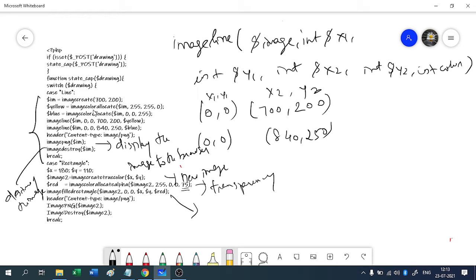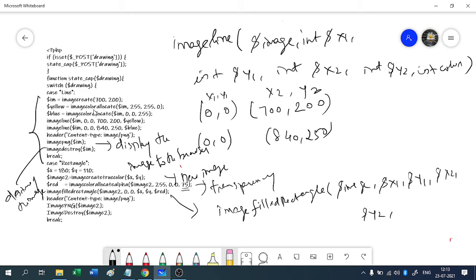The attributes for image filled rectangle are image, then x1, y1, then x2, then y2, then the color.